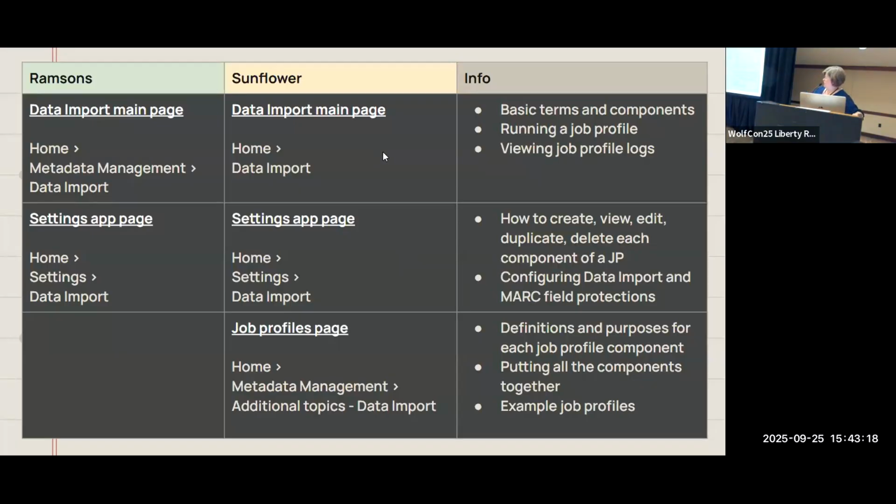Here's a comparison chart for you. Sorry, let me move my Zoom controls. Magic shortcut. Okay, so